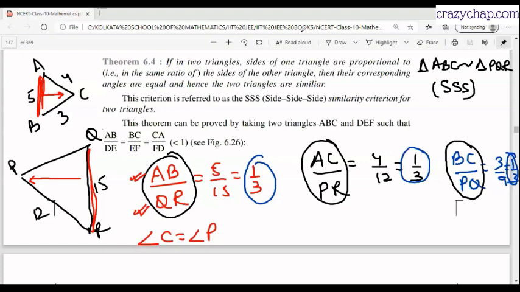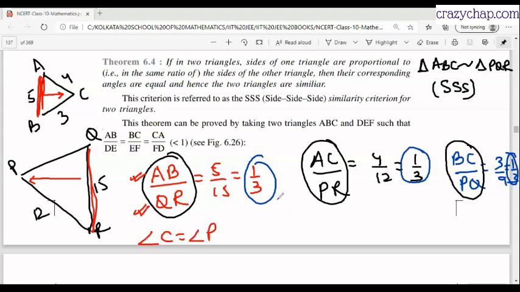Now let's have a look at AC and PR. Can you prove, sir, how the opposite angles are equal? Not right now. This session is only for understanding similarity. Yes, we can prove after being similar. Right now, we're just learning the similarity condition. We can learn that in the next session.